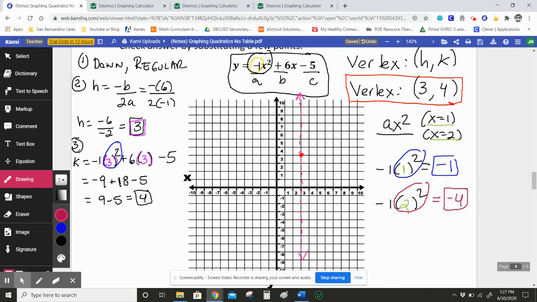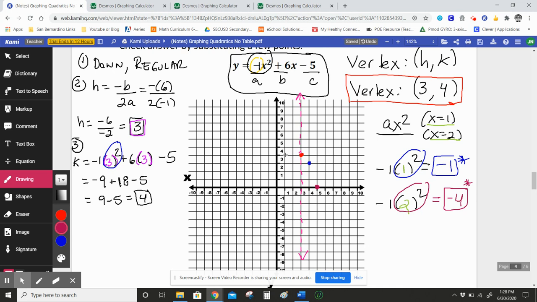When I graph this, remember, I always start at the vertex. I'm always going to start at that center, or actually at that maximum or minimum value. So from here, I know that if I go one space to the right, this tells me that my y is going to be one space down. So when I go one space to the right of this vertex, I'm going to be going one space down below this vertex. And therefore, there's my next point. If I do the same thing for the next one, I'm going to be going 2 spaces to the right, so 1 over again, and then this tells me that I have to go 4 spaces down, so 1, 2, 3, 4, which means that my next point should be right about there,